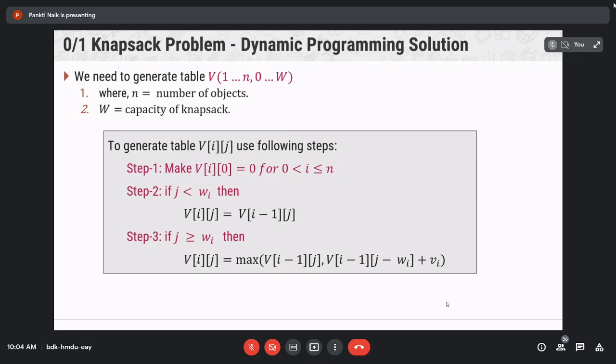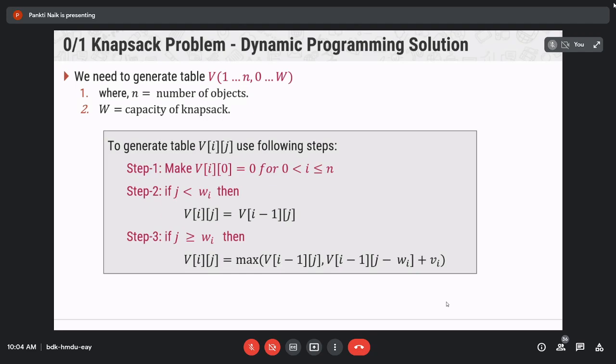And if the value of j is greater than or equal to the object weight, it means the index of your current column is greater than or equal to the weight of the current item which you select for the knapsack, then that cell of the table is filled with the equation V[i][j] equals the maximum of V[i-1][j], and V[i-1][j-wi] plus vi.